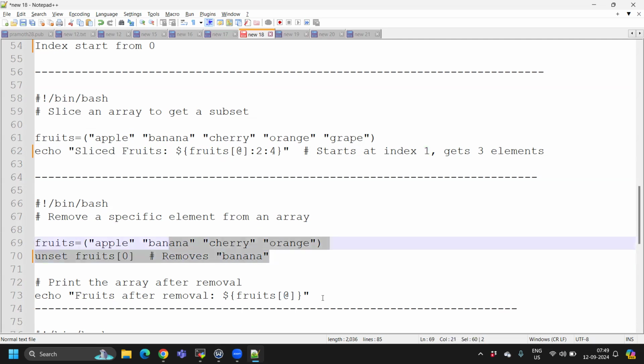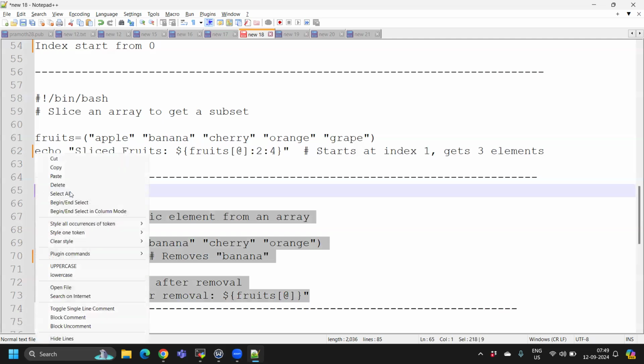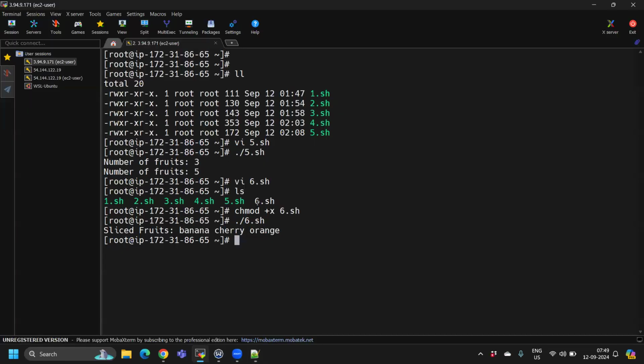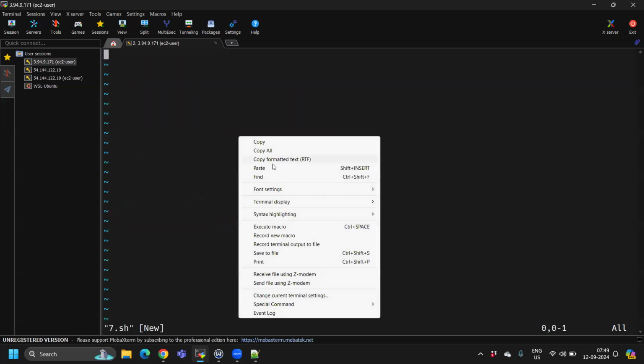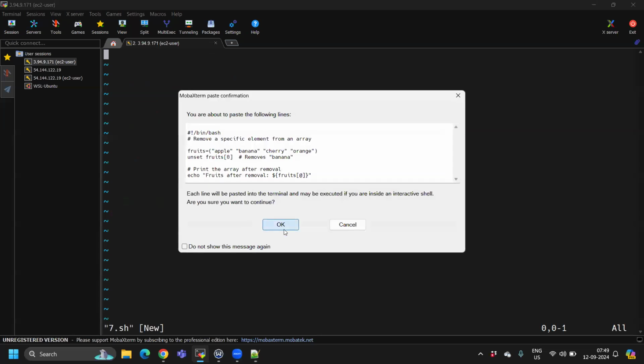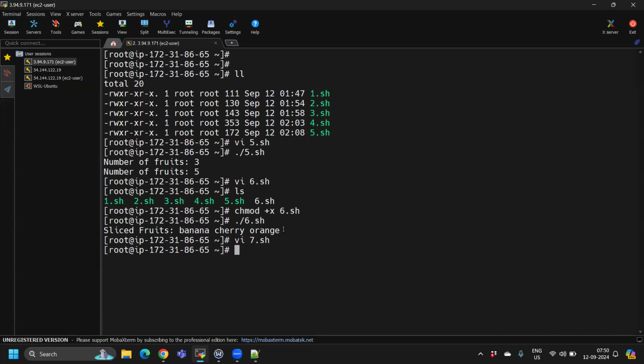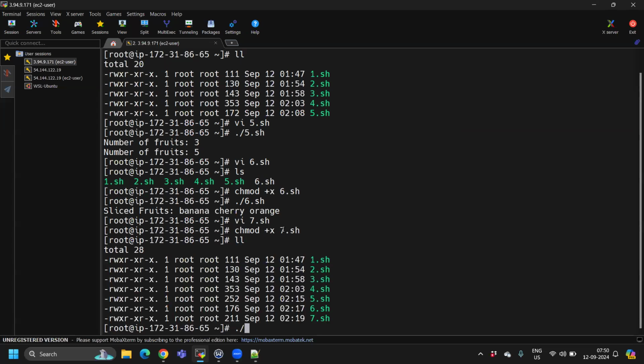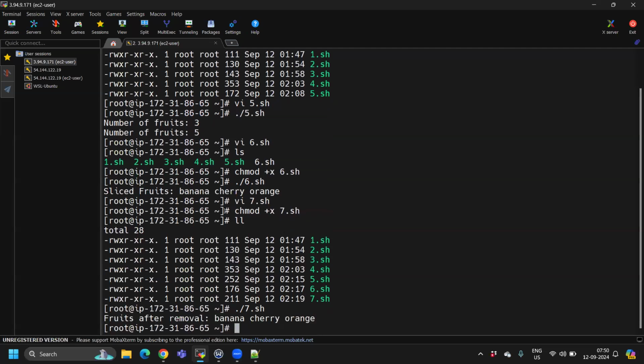So I'll take this cherry. I'll take this script and create one more script, 7.sh, so I'm pasting this value here. See, we removed 0, and 0 is apple, so apple is